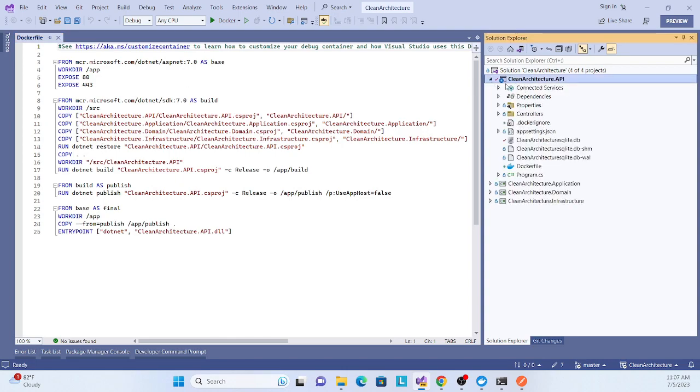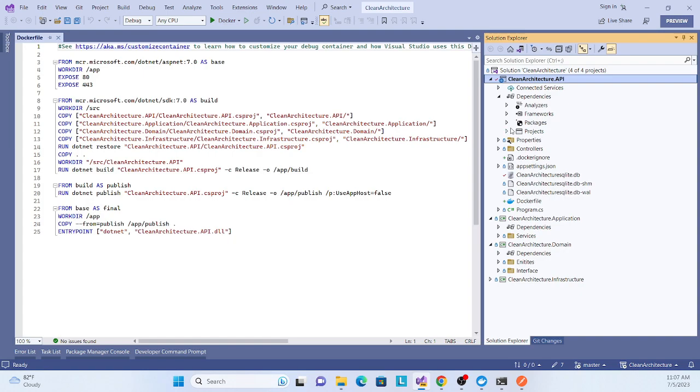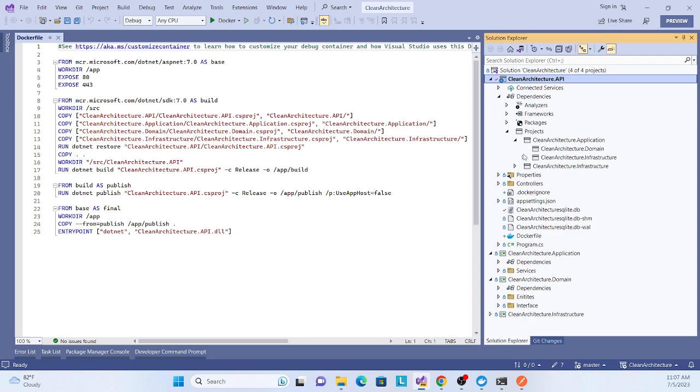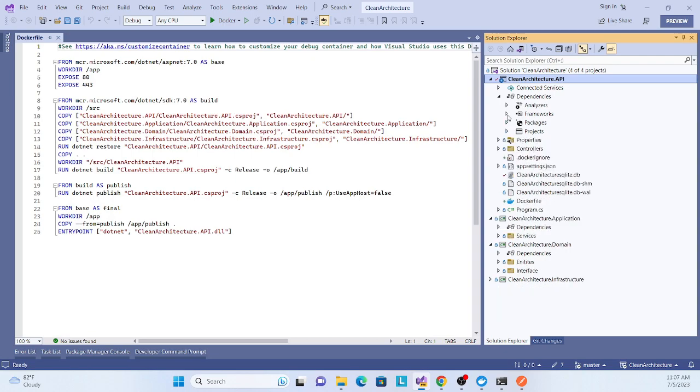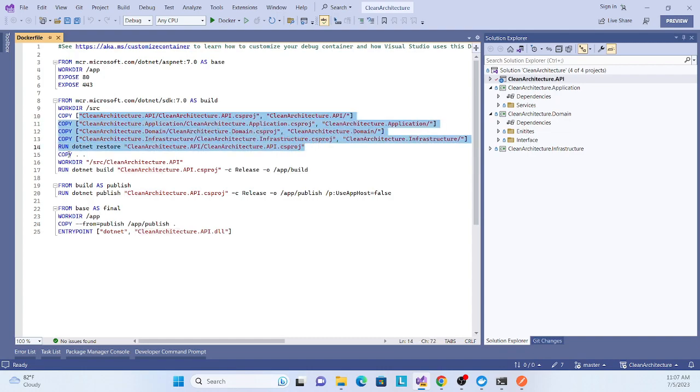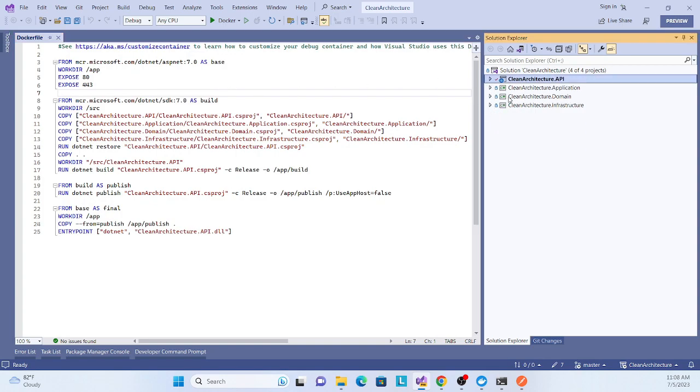With this, all the references I have in this project, and there are many references. Here there are two project references, infrastructure as well as application, and application also has a domain and other stuff. Those are copied and referenced, and we don't have to bother about how many files to add or which lines to put. You don't need to worry about this code, it is automatically generated as per our project architecture, whatever I referenced and all.